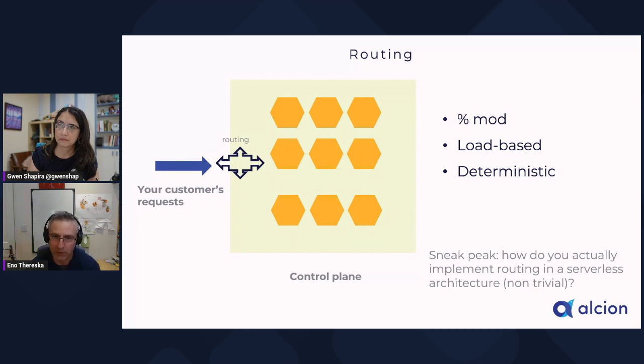This turned out to be quite... I'll show Alcion's version. It's not always easy to implement this routing, especially because for us, DNS-based routing doesn't work. A customer cannot just go to any cell. Once they go to one cell, they have to keep going there. And because we're fully serverless, even our router is serverless, which is going to be interesting. So I'll talk a little bit about that in a later slide. Just as a sneak peek, the routing is going to be a little bit of work. You might not find something off the shelf immediately there.